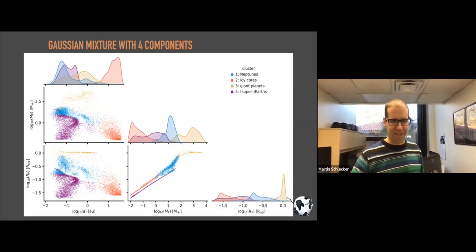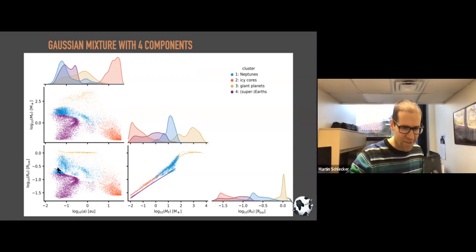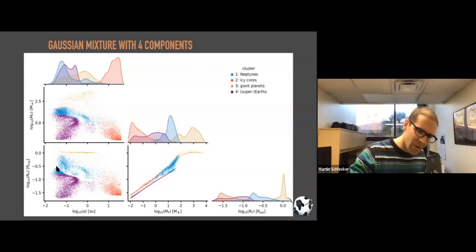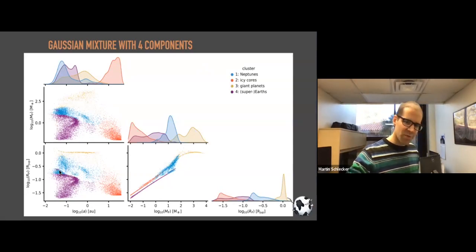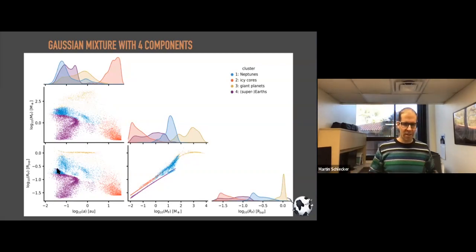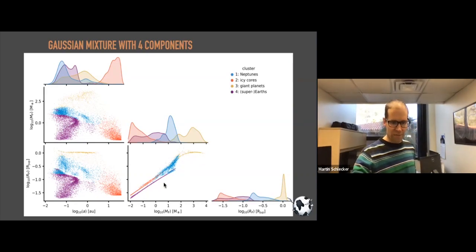So for example, there is a nice photoevaporation valley. I don't know if you can see my pointer. In the radius distribution, this separates super Earths and sub-Neptunes with significant envelopes. You can also see in the mass-radius diagram of these simulated planets where the giants are, how the radius flattens off once their atmospheres become degenerate. So there's a lot of interesting detail in this plot, but the point that I want